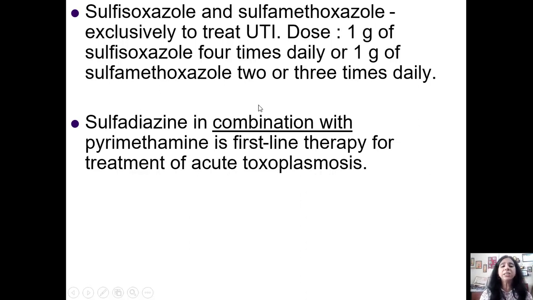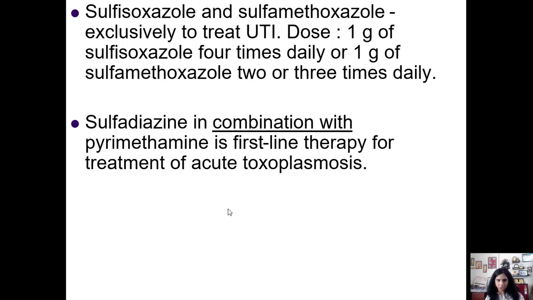It is used in combination with pyrimethamine as a first-line therapy for acute toxoplasmosis. Acute toxoplasmosis is a protozoal infection. It behaves as a space occupying lesion in the brain. Toxoplasma gondii is the organism which is responsible, and sulfadiazine along with pyrimethamine is the first line treatment